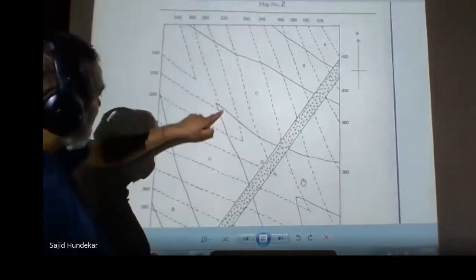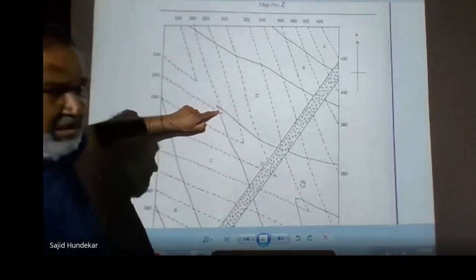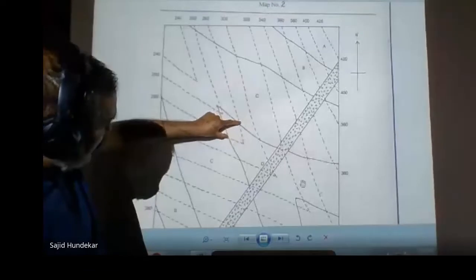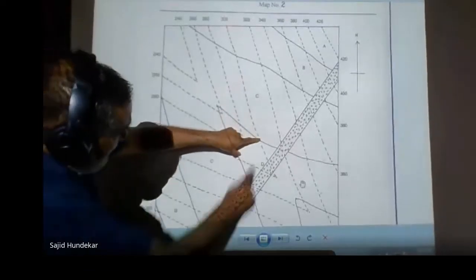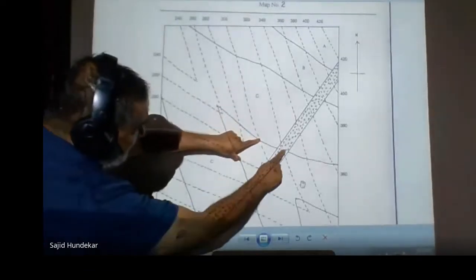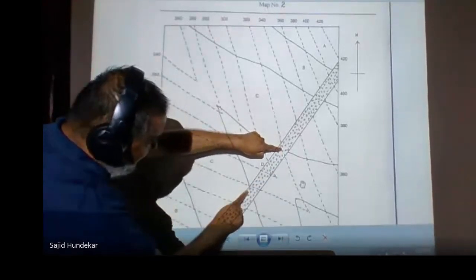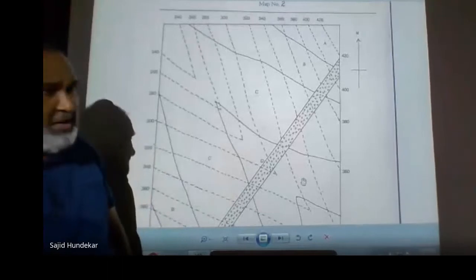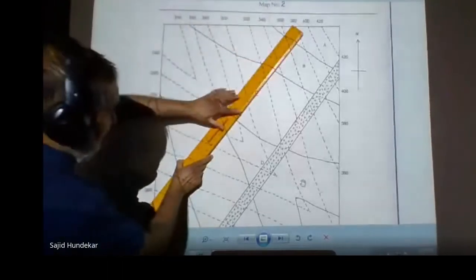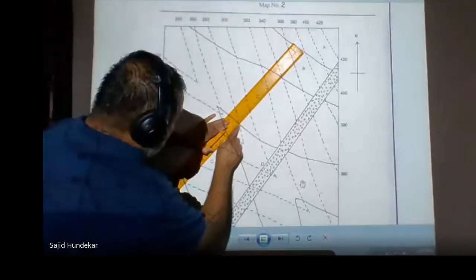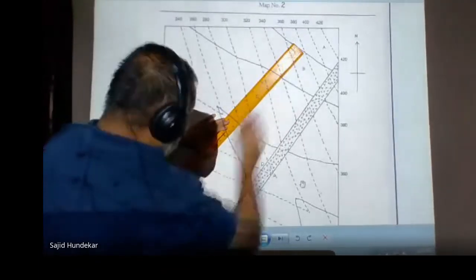Now what is happening? The same contour is cutting here, cutting here. Similarly, this contour is cutting here. This contour again goes on and cuts here. Similarly, this contour cuts here, again comes back, it cuts here. So now when you are going to join the similar points, I'll take the center point, these two. Now by joining, we can see.